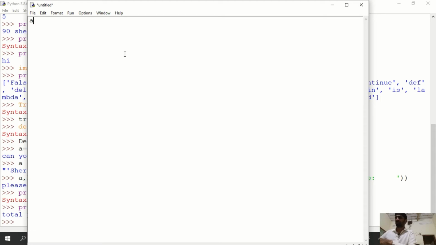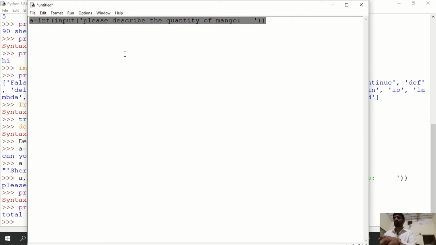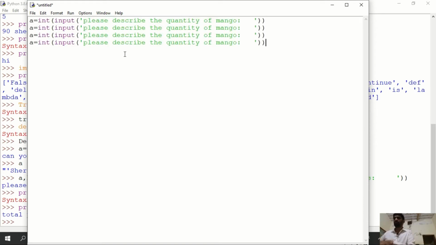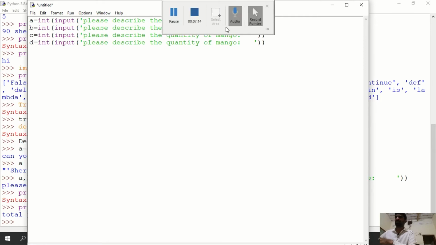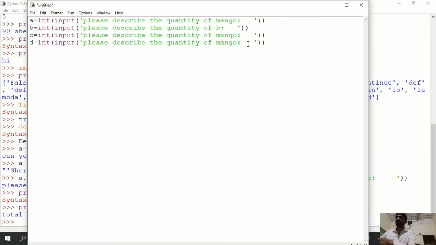For instance, I say a equal to int of input, please describe the quantity of mango, and then I'm just copying this and changing b, c, d, and here for banana, oranges, and grapes.